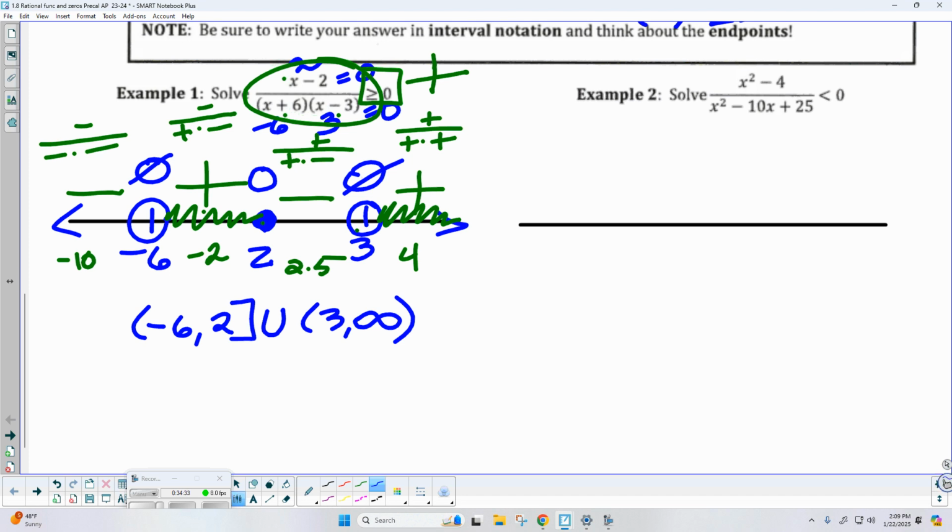Okay, so now we're using a sign chart for a rational inequality. How are we doing? Any questions? Anything confusing anybody? All right, so we have just enough time to go ahead and do one more. I'm going to give you 2 minutes. Try number 2. The only difference between what we just did and what we have to do now,